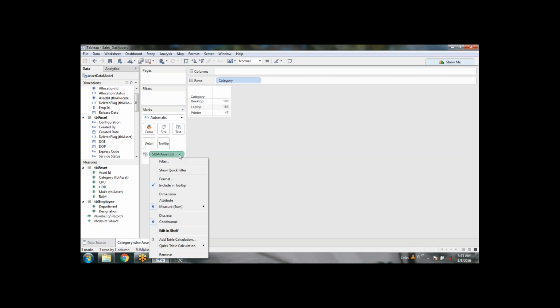So based on the category I've got the number of assets. It's showing the sum of assets. I'll just change the type to count. Okay, so here this is the dimension and this is the measure. We can apply the aggregation function on the measure only. Against one category we are getting the number of assets from the asset table. As the tables are joined together and have a relation, we can map the data from the category table to the asset table. Now we have simply got a category list which is desktop, laptop, printer